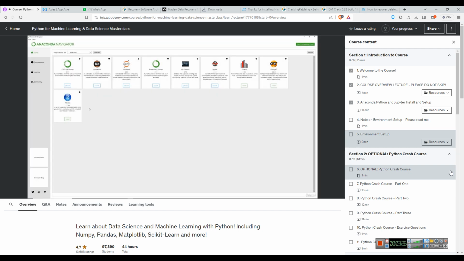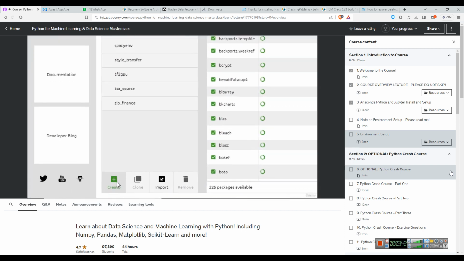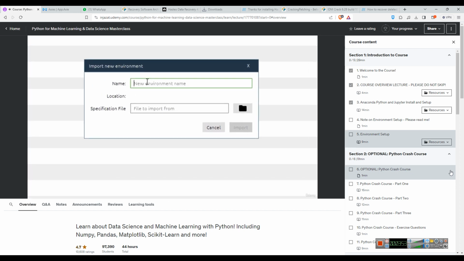Okay, here I am at Anaconda Navigator. What we're going to do is on the left-hand side, go to Environments, and then you'll notice I already have a bunch of environments set up for the variety of courses that I teach. I'm going to create a new environment by importing it. You can either create a brand new environment and then manually add in the libraries, or import from the requirements.txt file that you just downloaded. Click Import, and it will bring up this window here, and you can decide on a new environment name. You can call this whatever you want. For example, you can call it New